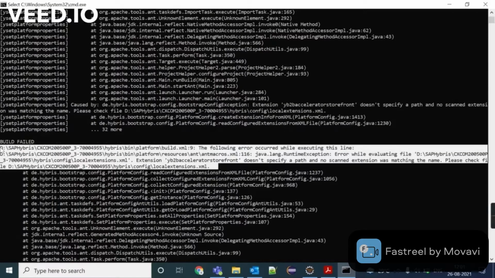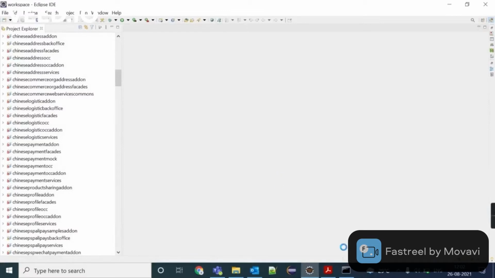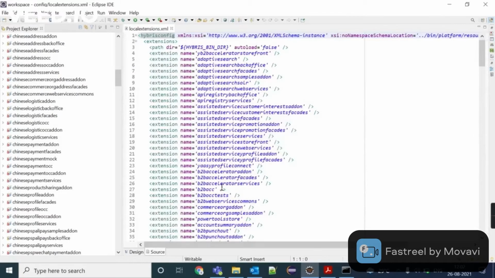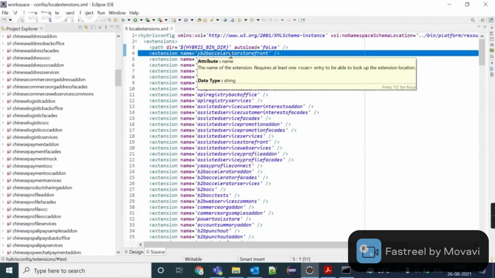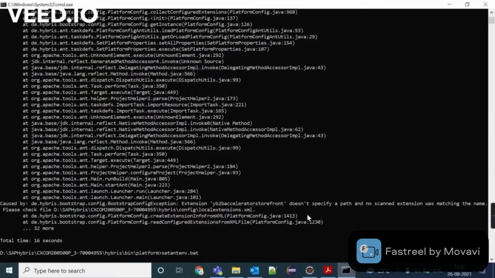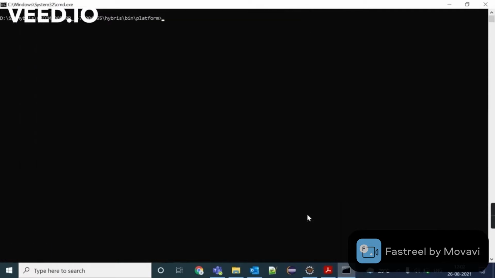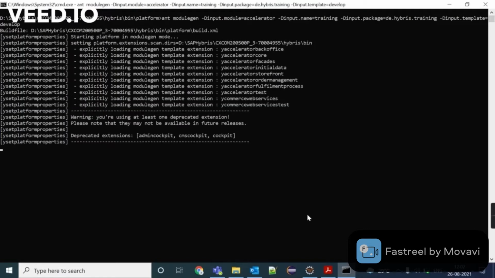Okay, so here we need to remove Y B2B accelerator storefront from local extensions.xml file because we have deleted it. This is Y B2B accelerator storefront. So I'm going to remove it. Save it. Again, we need to run the same command. Okay, our command is here.